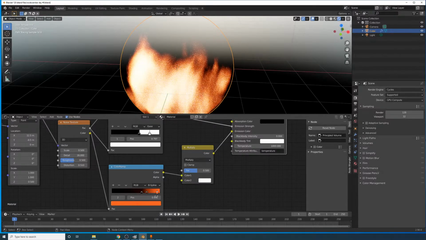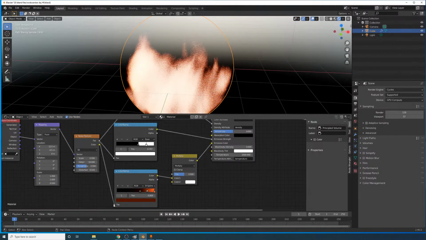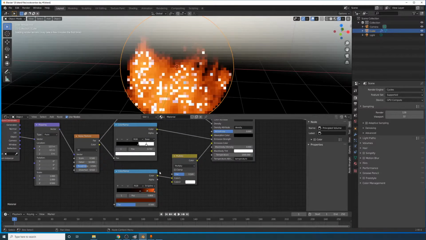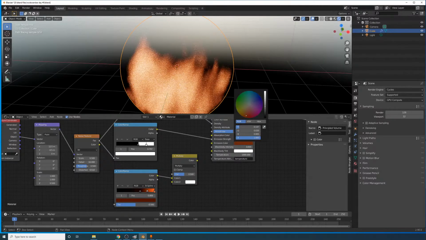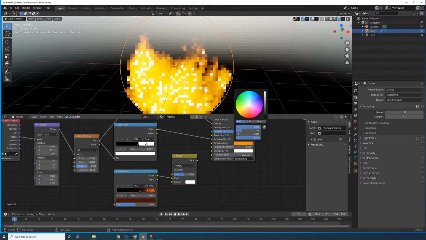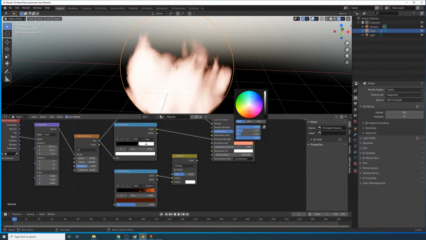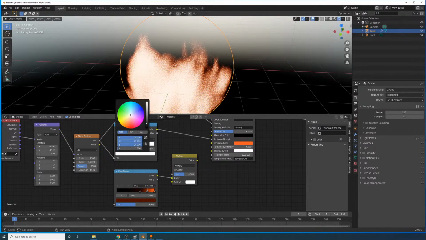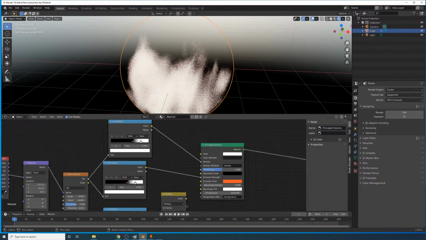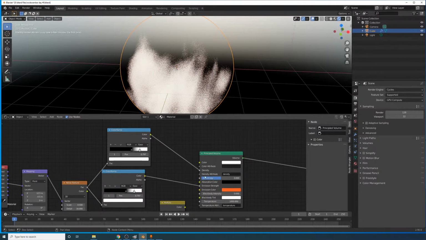So, you know what, this yellow is too strong. Actually, it might be best not to do it this way. And I'm just going to leave that more of a reddish. Might be too saturated. Or you know what, the emission strength is just too high. Let's bring it down to like, I don't know, 1, or let's see, well actually,